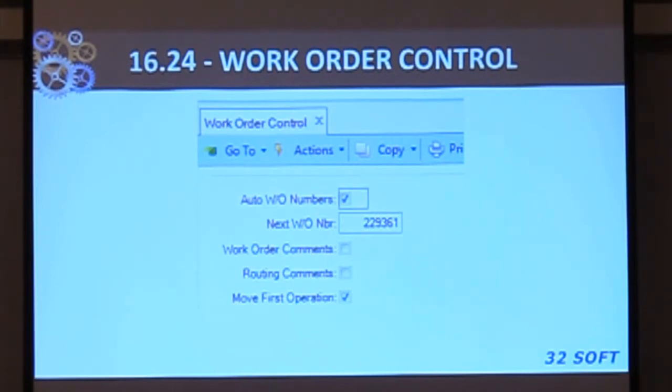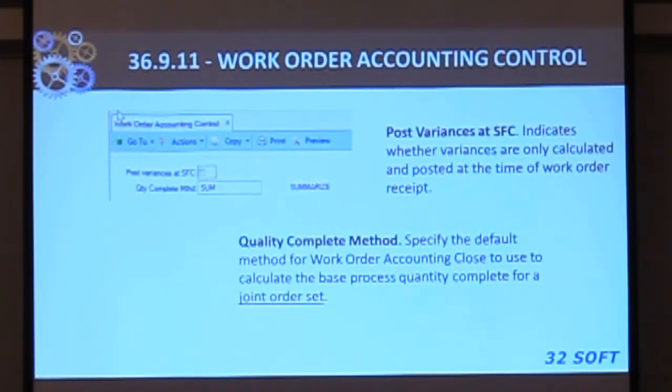16.24, which is your work order control file. Do you automatically assign work orders, or do you manually assign work orders? I would probably recommend you do it this way. This is the next work order in sequence. Do you use work order comments by default? If it's unchecked, it's not going to default to it, and you'd have to put a manual comment on. Same with routers. And here's the move to first operation. So there's a whole series in the new EE version,